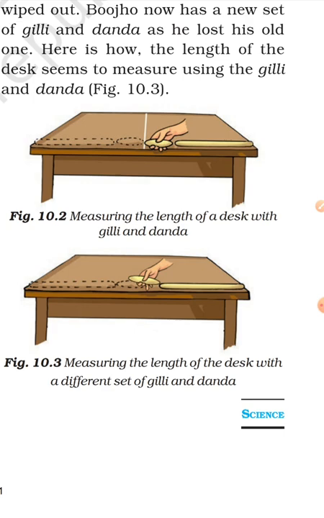So in picture 10.2, he is measuring the length of the desk with the gilli and danda. I think you know about gilli and danda. This is a game. The length of the danda is more than that of the gilli. So we tried to measure the length of the desk using the danda and the gilli. The desk seems to have a length equal to two dandas. In the first one,